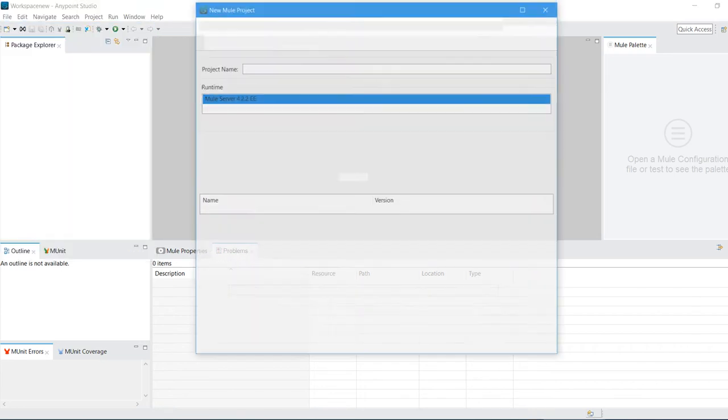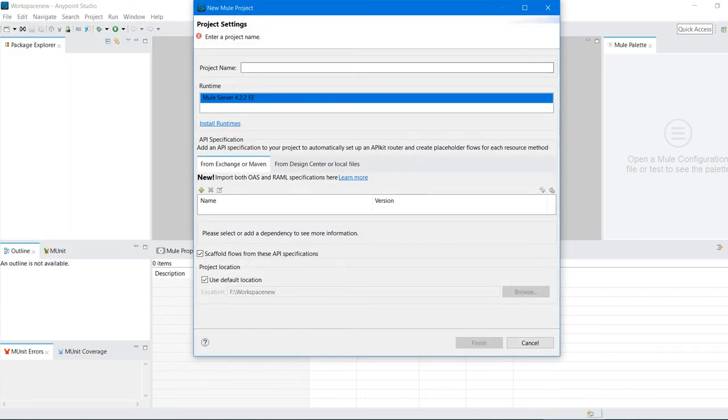Just click on that Mule Project. Here it will ask for the project name, so I will give 01 mule basics. And runtime, as I said in the last session, your Anypoint Studio will come along with the latest version of a runtime at that point of time when they're releasing Anypoint Studio. Now the latest version is 4.2.2, the runtime where we are going to deploy your 01 Mule Basics application.